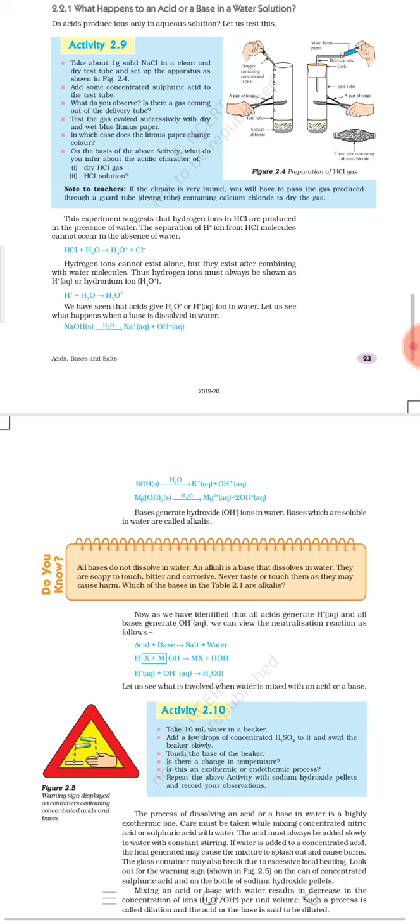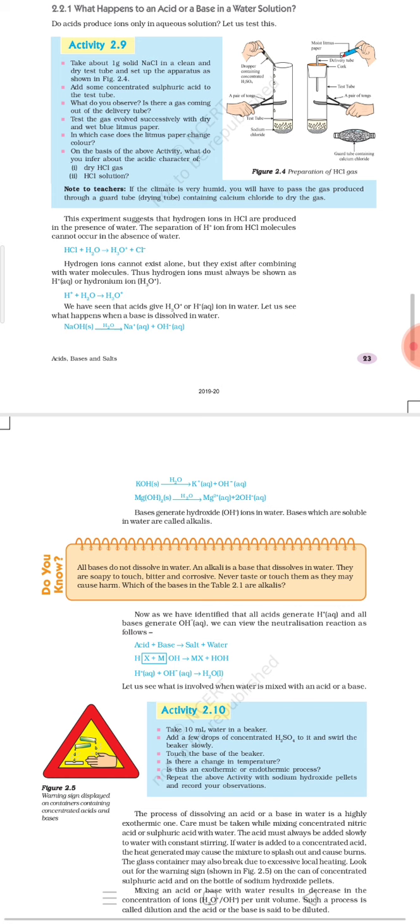The general chemical equation for neutralization reaction is: acid plus base gives salt and water. This we have also discussed previously when we were discussing the chemical properties of acids and bases. Here we are going to discuss how to make the products, that means how to make salt and water as the products when acid and base react.